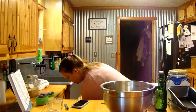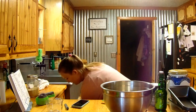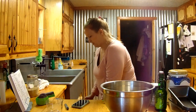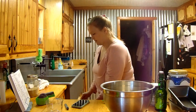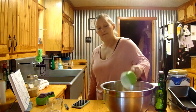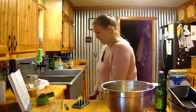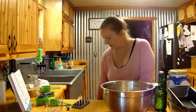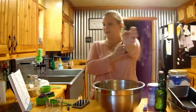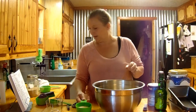Two. 3. 4. So I'm going to add 6 of them for now, and then I'll add the other 2 after I get all this mixed up. And scoop my flour out of the way. When I do big projects like this, I keep a 5-gallon bucket down here because my little canister wouldn't be enough. Okay, so let me actually...